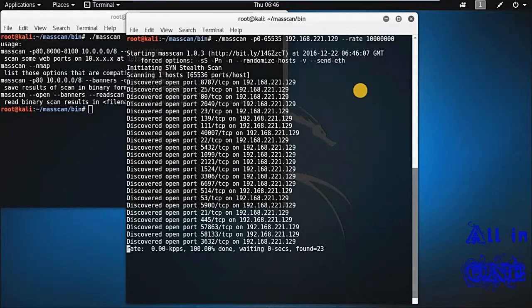Well, till now it has found many ports open, and it has just scanned and finished that scanning. The more interesting part of this tool is it will scan and make a configuration file. Whatever command I have typed here will be saved in a configuration file that can be used later with the same command on the same network, with the same kind of configurations and IP addresses and whatever you provide